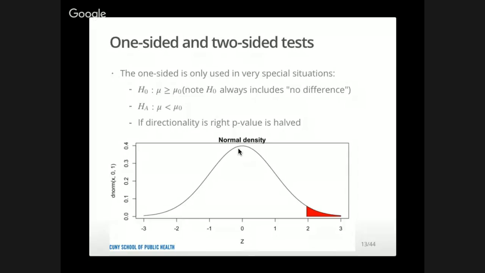The one example in clinical trials where they are used is in so-called equivalency tests for a drug, where your research hypothesis is that it's equivalent to an existing standard of care. And so your alternative hypothesis in this case, and it's always a little bit confusing for me to think about,